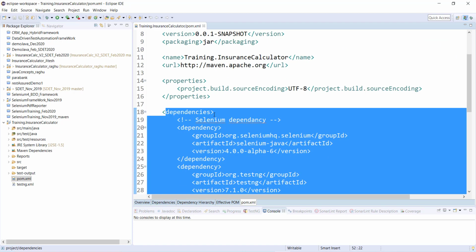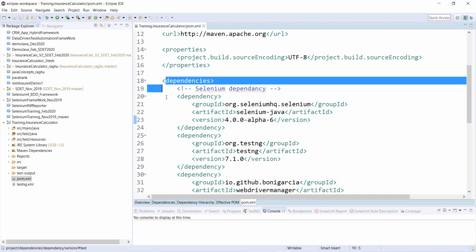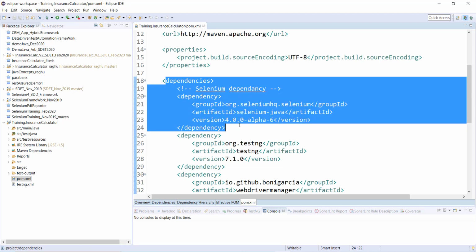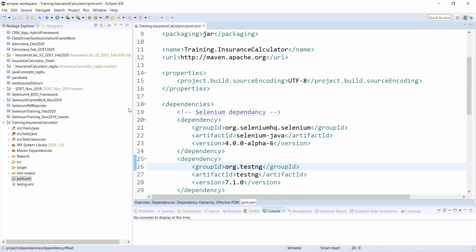For pom.xml there are two main components. In fact there are four or five, but from our point of view we would need only two: dependencies, and the second one is plugins. Dependencies are the APIs which we will need for our test case creation, or for application creation. If it is any Java application, we will refer to these libraries and call methods out of them. So we know why we need dependencies.